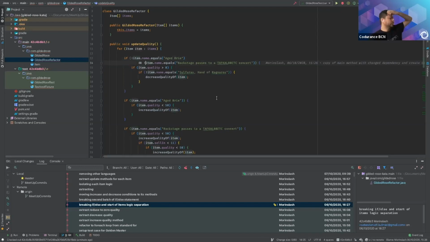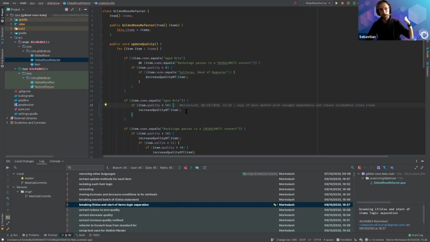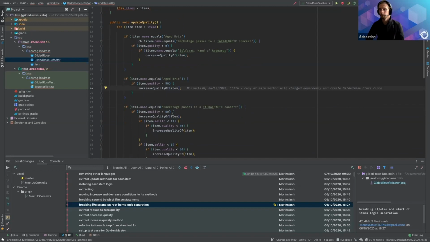Because here, if you know that software is still the same, it's up to you how you approach this technique for refactoring. It's just giving you safety. It doesn't tell you how to refactor, what to refactor. It's up to you, but it's giving you the security behind your back that you didn't alter the behavior of the software, so you can do it safely. And if you see that one small change that you've done break the original output, you can always roll back. There's no problem in it.